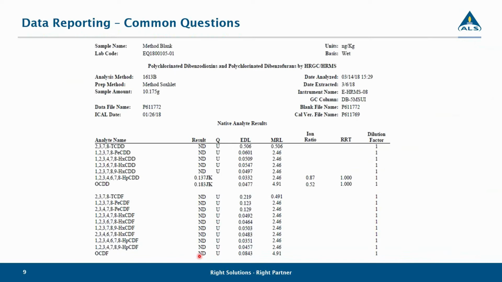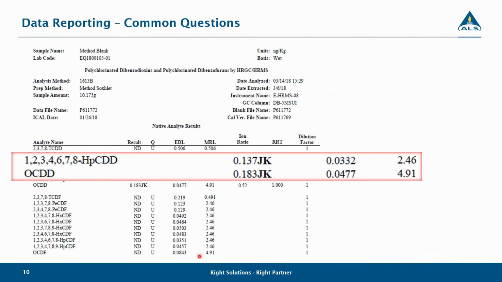Next to the analyte name, we have our results column. ND indicates a non-detected result. I have zoomed in on the data here. Next to the results for 1,2,3,4,6,7,8-hepta-CDD and OCDD, you have the qualifiers J